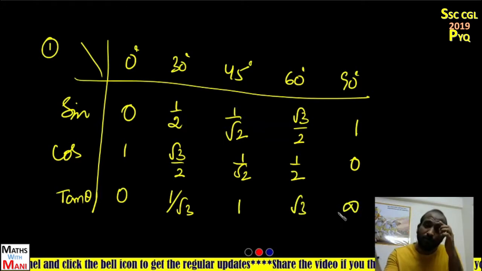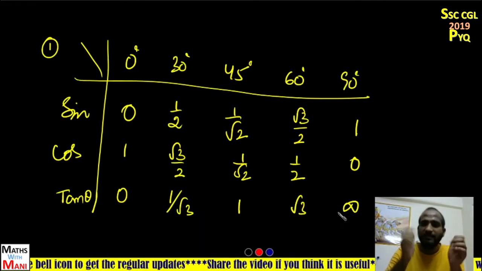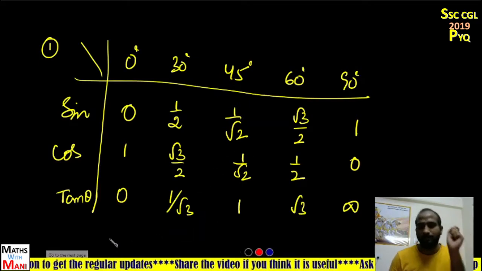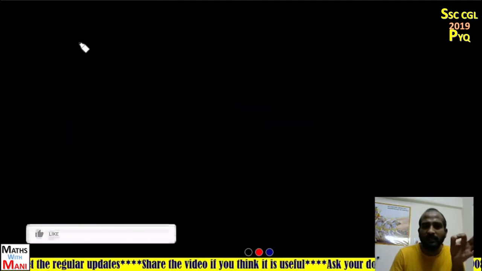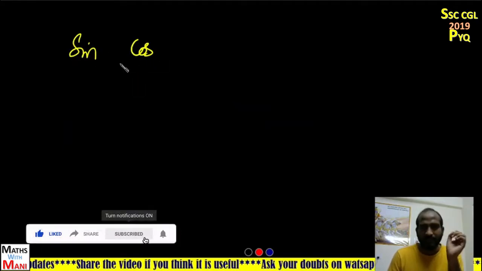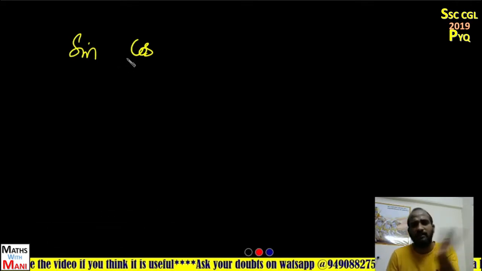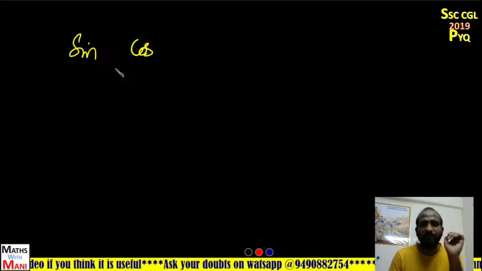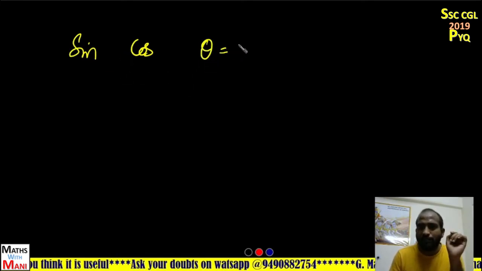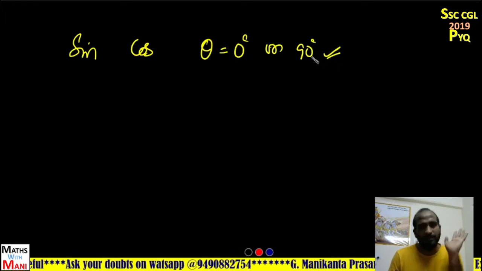Okay, when we use substitution to solve some of the problems, please remember, for suppose in the question only sine and cos trigonometric ratios are there, something like sine theta into some cos theta, only sine and cos are there, then use theta as 0 or 90. You can use 0 or 90. Okay,